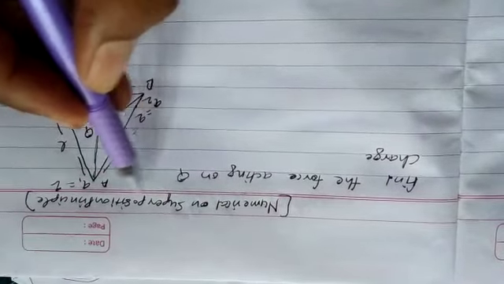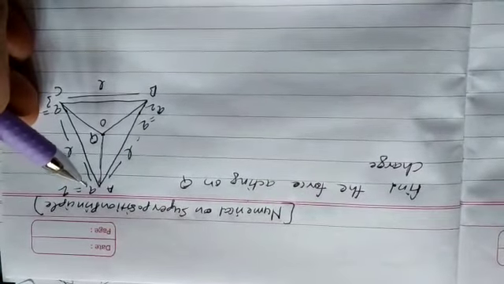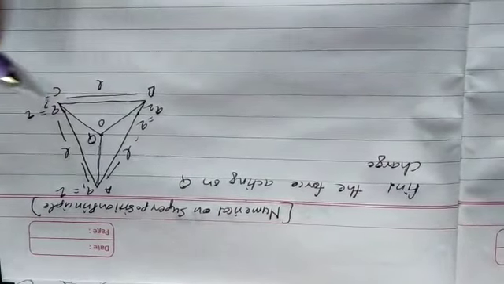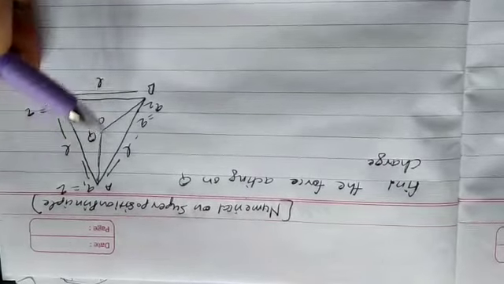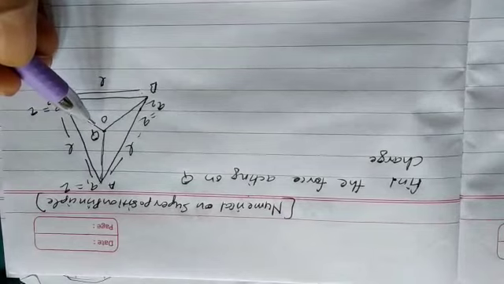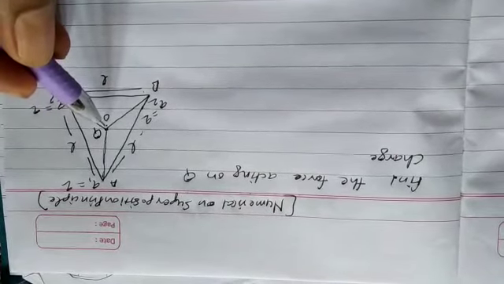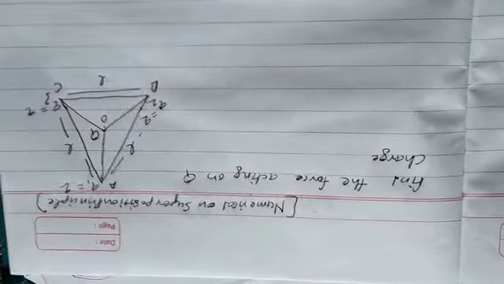Numerical on superposition principle. In this numerical, three charges Q1, Q2 and Q3 are placed at the vertices of an equilateral triangle. We have to find the force acting on capital Q charge at the centroid of the triangle. Now,